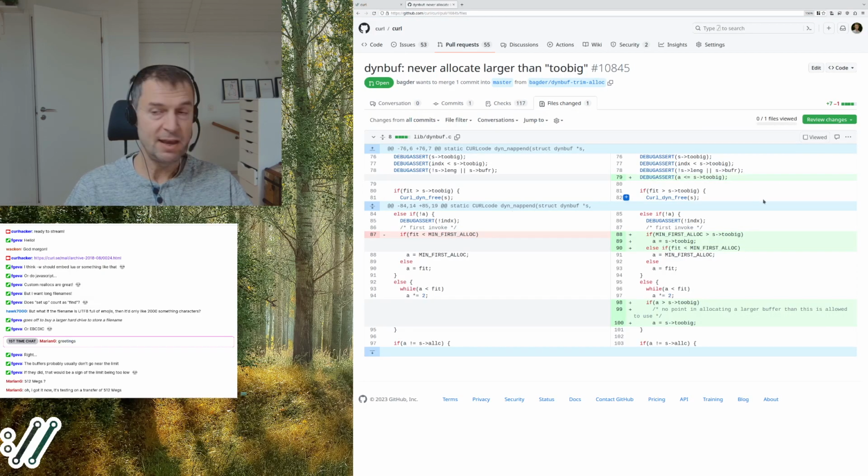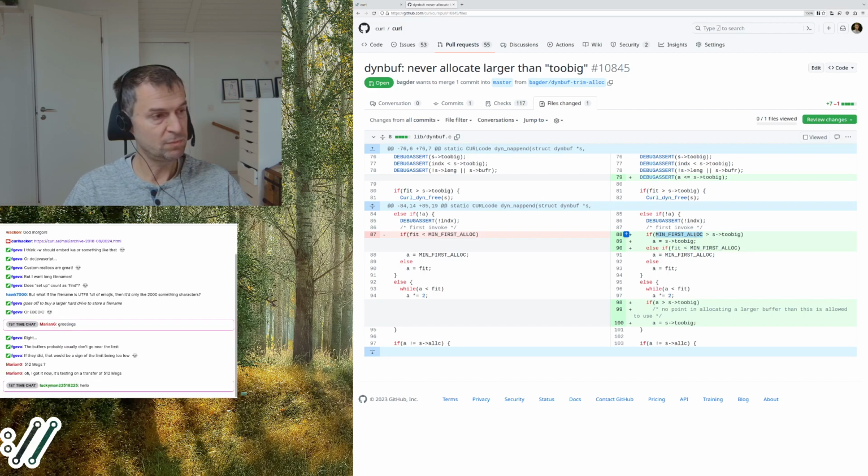It also struck me that if you set the too big number very low, like if you only want it to be 10 bytes, then the min first alloc, the minimum alloc it will do, is set to 32. And then you could get the same problem for a very, very tiny alloc as well, because it doesn't make sense to allocate 32 bytes if it's actually not allowed to be bigger than 10 bytes.